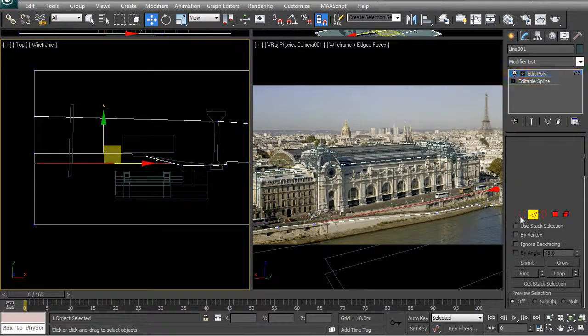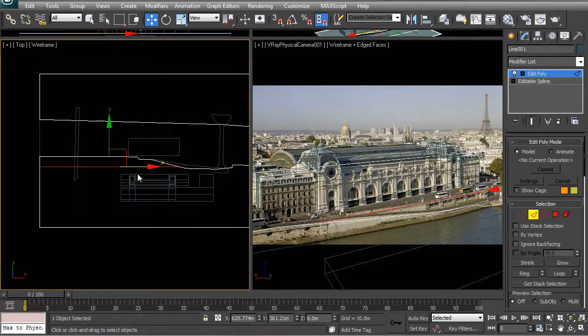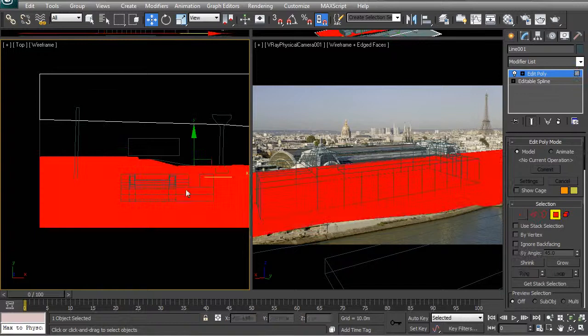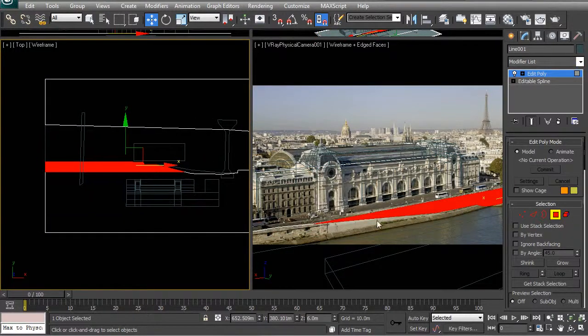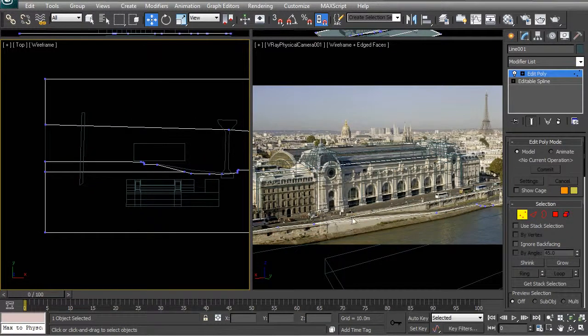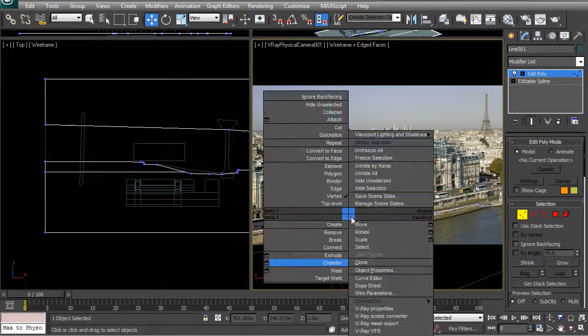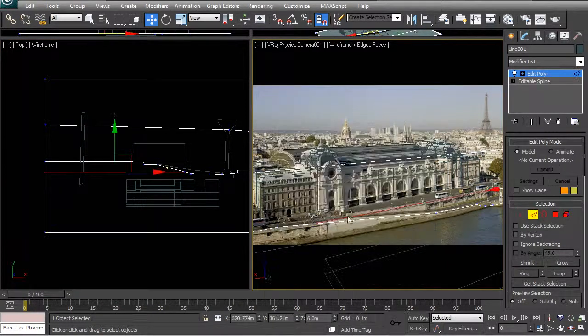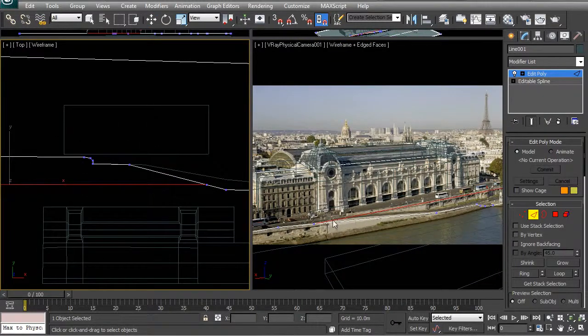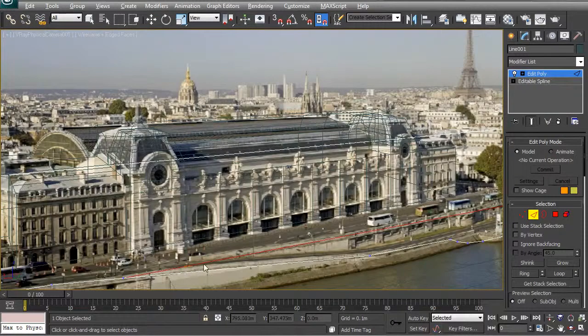Next, I need to take this edge that we've just added in, right click and split it, and that's going to allow me to disjoin these two polys from each other. And now I want to add a second vertice right about over there, so I can right click on the edge and click select vertex. I can either do it like so,